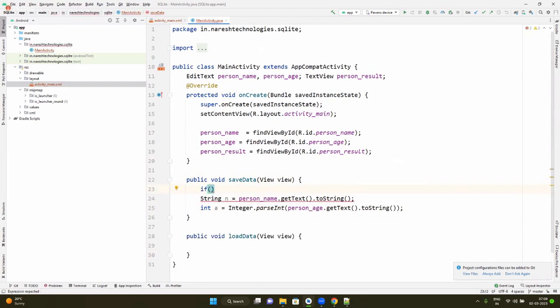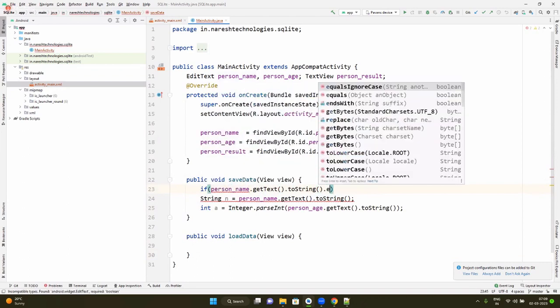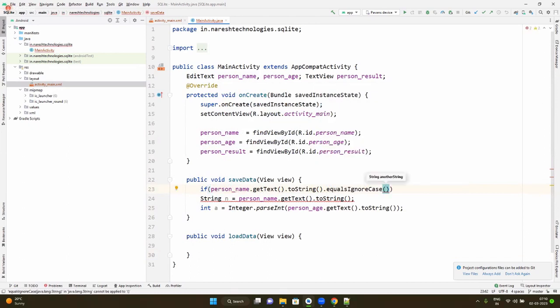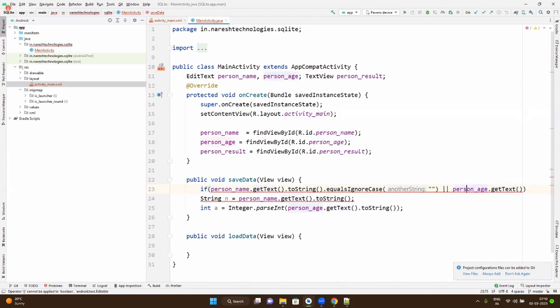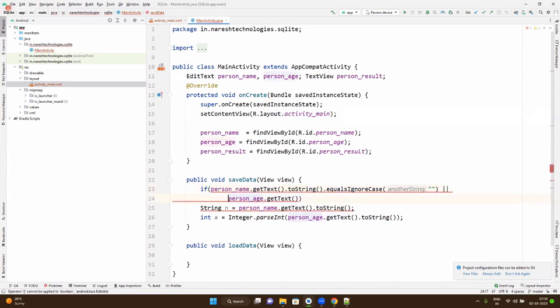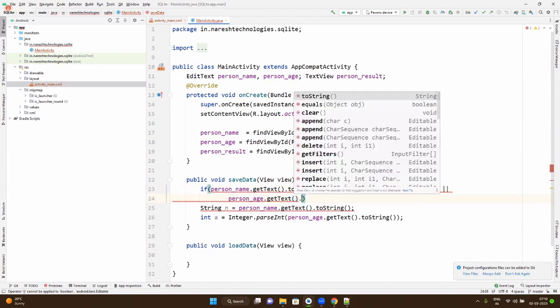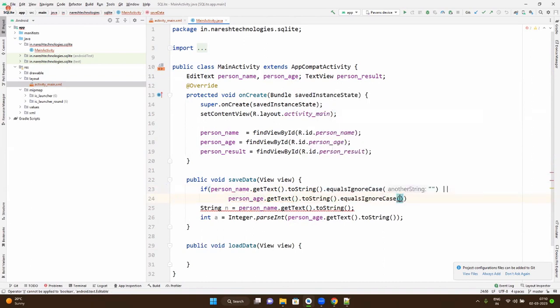If person name dot get text dot to string equals empty, or person age dot get text, we shall write it in the next line so that you can see easily, dot get text dot to string dot equals ignore case of another empty string,